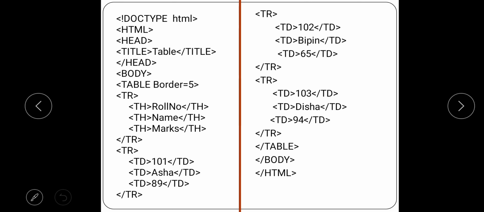So now look into the first row. We already discussed that there will be a total of 4 different tr tags. So the first tr tag is opened, and in the first row there is what? The th tag. We also saw that the th tag will come 3 times. So roll number, name, marks, these are the headings in the first row, and after that the first row ends. Then again you have to open with the tr tag because we are starting the second row. Now from the second row onwards the actual data starts.